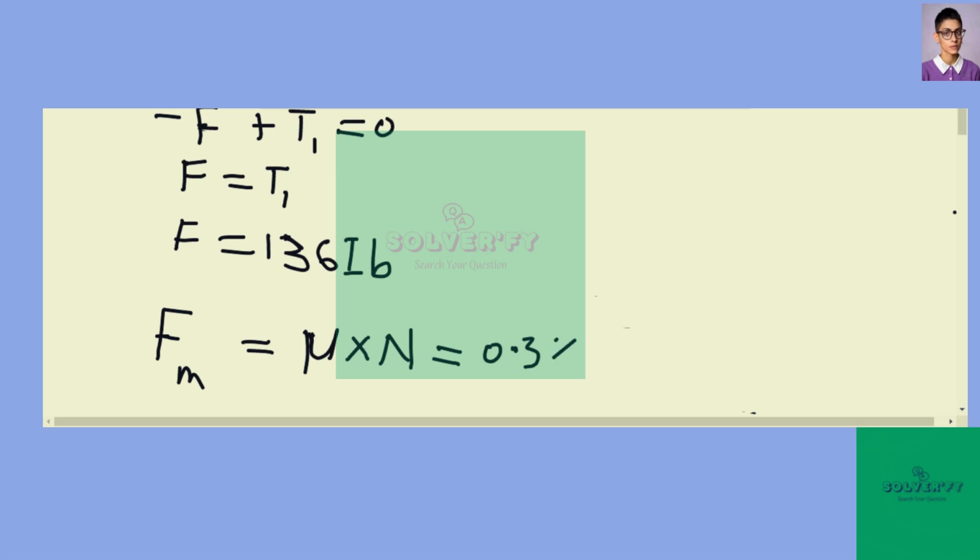So times 185 lb that we got for N. So when you do that, you're going to arrive at a value that is 148